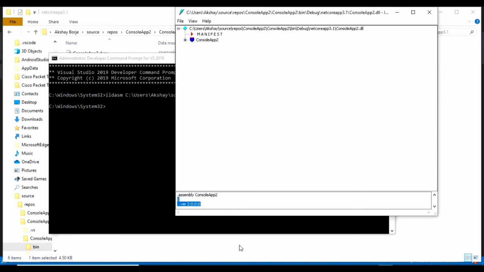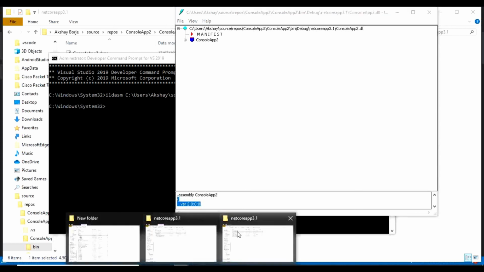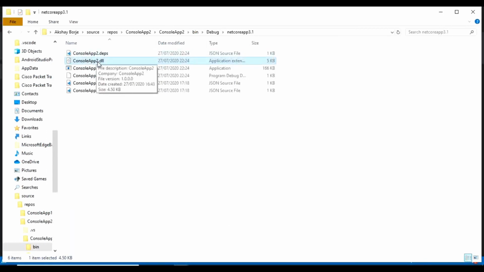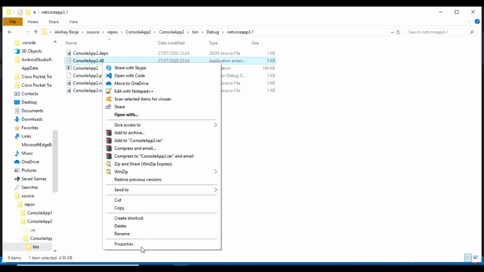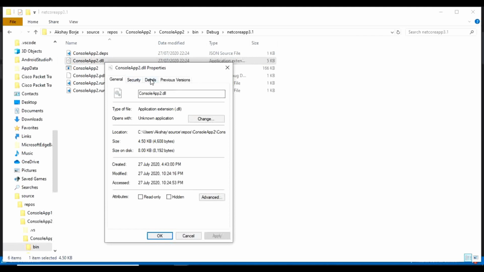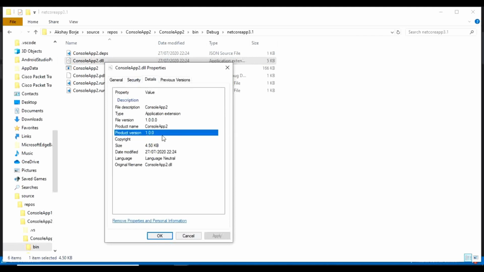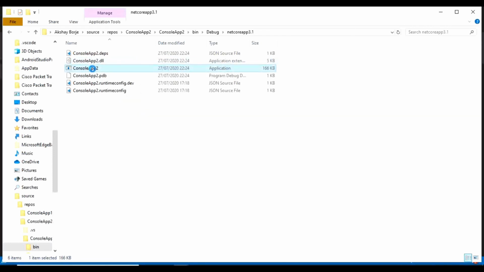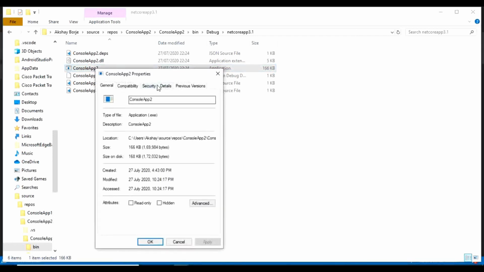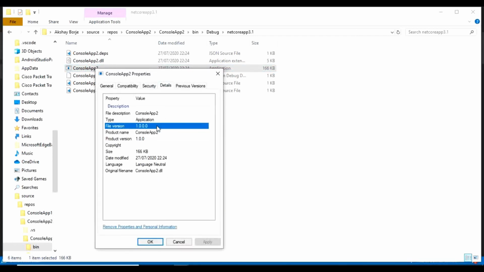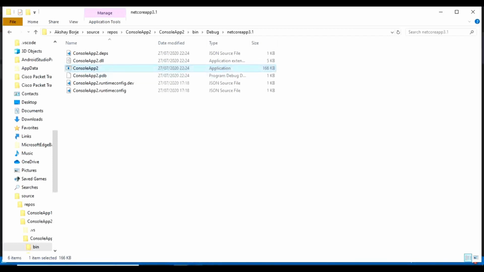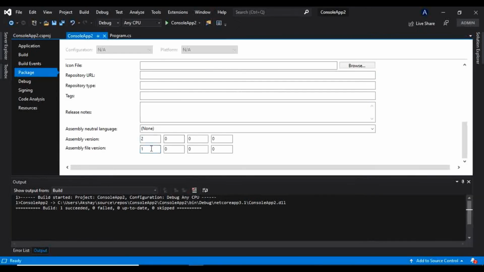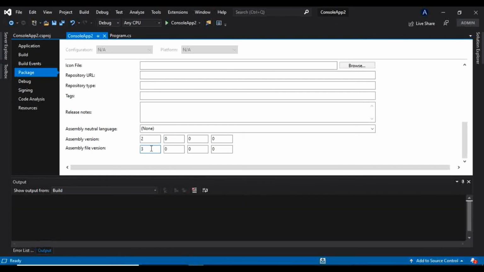Now we will see what the assembly file version is. Now as we have the assembly here, we will see both the assembly version and the assembly file version. We'll go to properties, and in details you can see here the product version is 1 basically and the file version is 1. Okay, and in these properties we will check that this assembly's version is also 1.0.0. So now we'll try to change that also. We will make that, let's say, 3. I will save that. I will build this project.